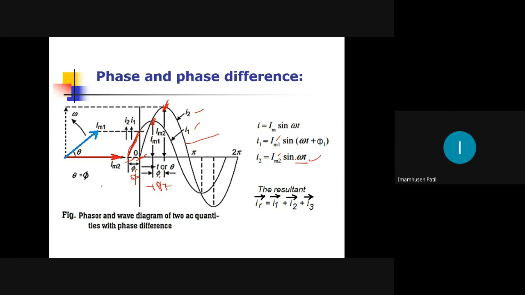It is phi or phi 1, you can say. I will write phi 1 here because in the equation I have selected phi 1. Now, how to write the equation? I1 is equal to IM1, the magnitude, times sine of omega t plus phi 1. This is the phase difference that you have to add. It may be minus or it may be plus. Now it has started early, it is leading, that's why I have written plus here. I1 has started early, which means it is leading I2.